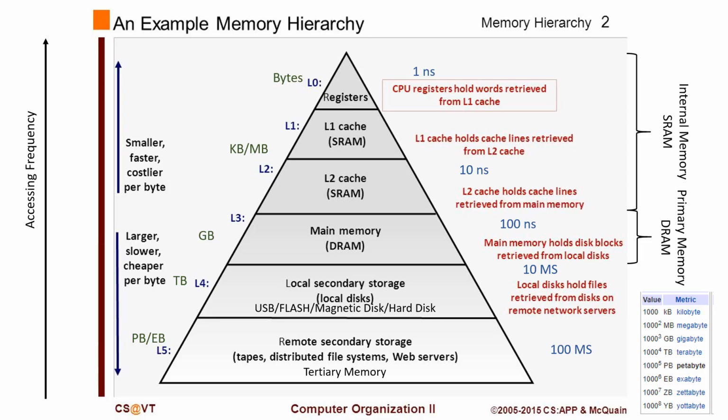The figure here shows the pyramid. This pyramid indicates the size. The main difference is based on the size. So on the top I have written registers, then cache memory, main memory, secondary memory and tertiary memory. There are two main things here based on which we can differentiate these memories. First is size and other is access time.